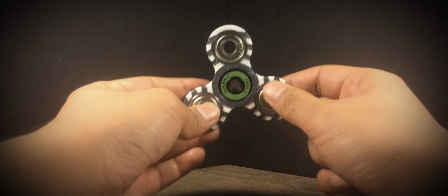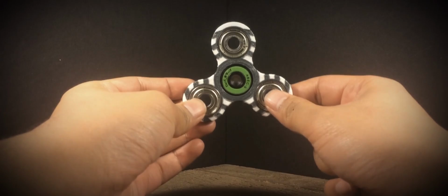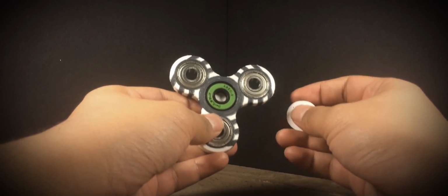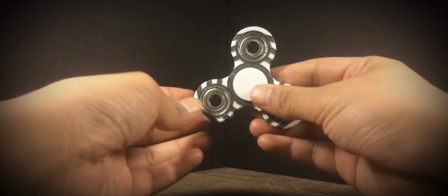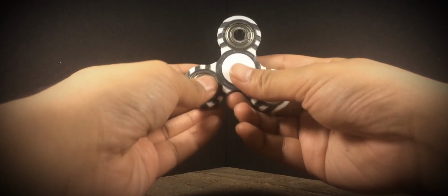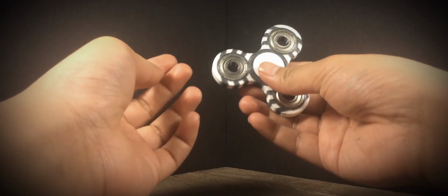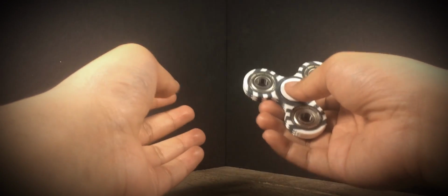It goes 4 times longer lasting of a spin time. So you're definitely getting some good spin time quality in there. Just like that. And we'll spin it. And I'll bring it up close to the camera so you guys can hear the noise I'm talking about. So this noise might disrupt your coworkers or your classmates, and